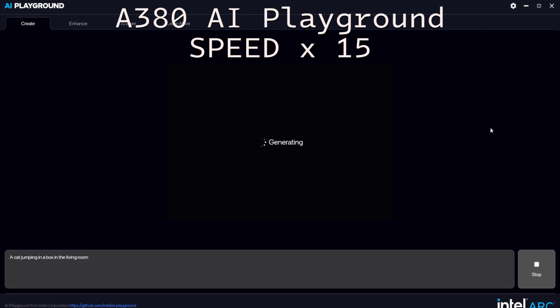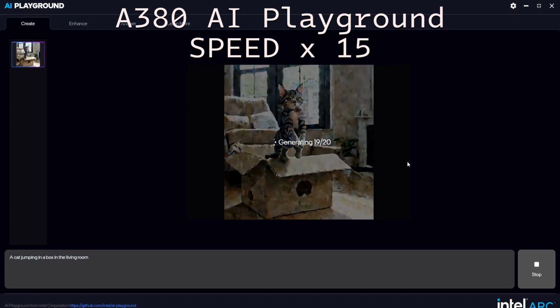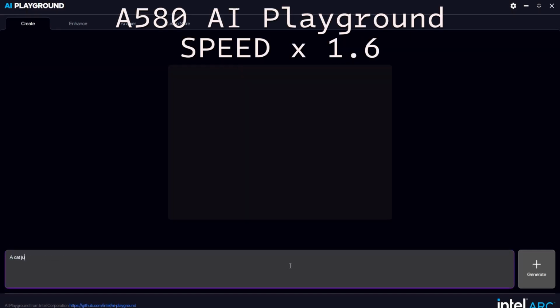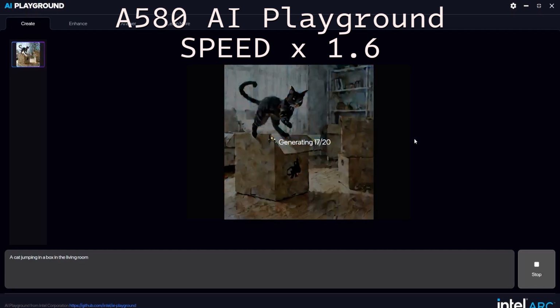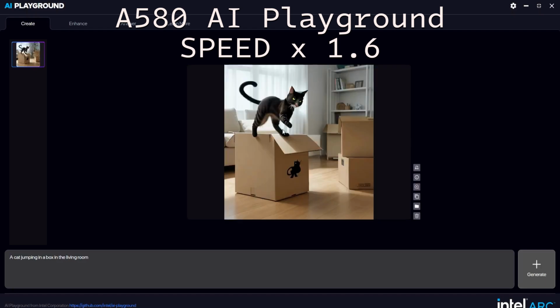I want to generate the minimum size and quality picture possible, and it still takes that long. Jumping to the real first minimum requirement card will be the A580. This is an 8GB VRAM card, so we are at the minimum requirement to run AI Playground, and it makes a huge difference because now we can generate 4 images of a cat jumping out of a box in 1 minute 10 seconds. This is a huge boost in performance and will be better even with a higher model card that we're going to check out